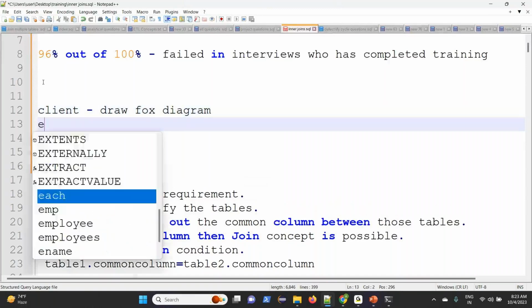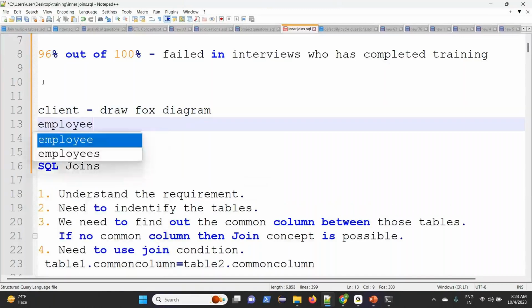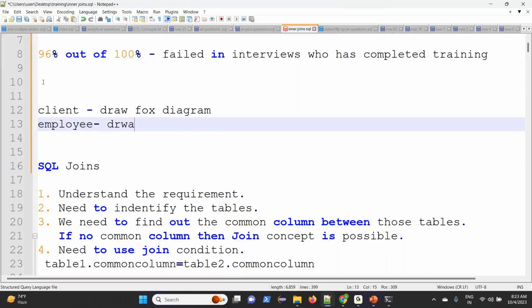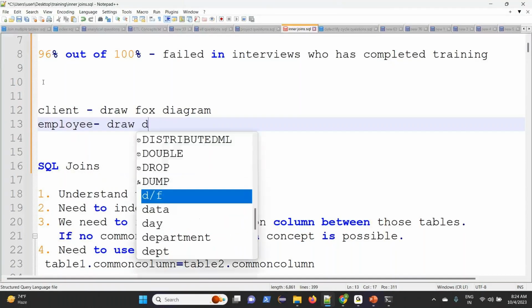But as an employee, if you don't have the skills, they will draw a dog diagram.